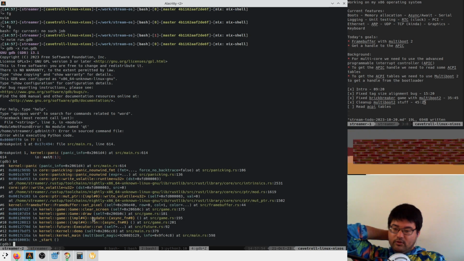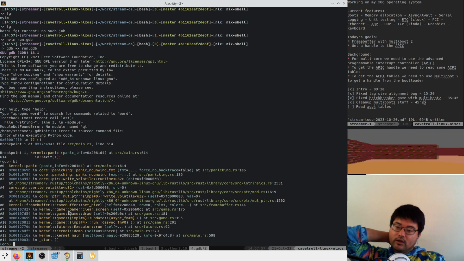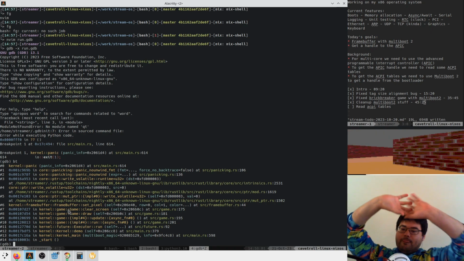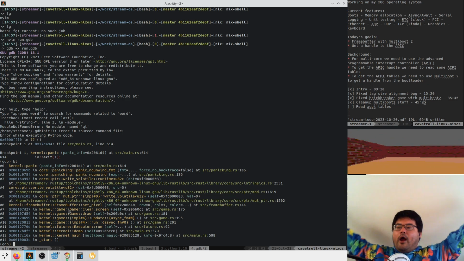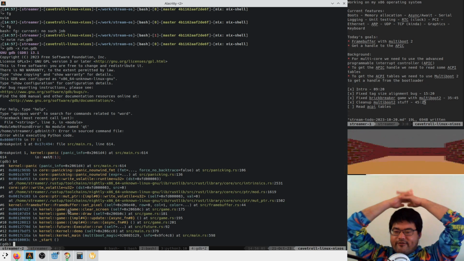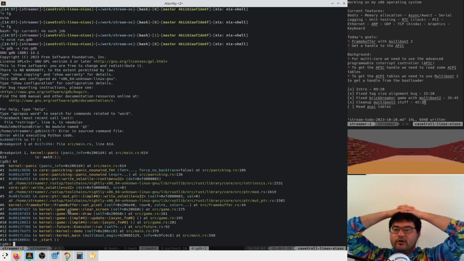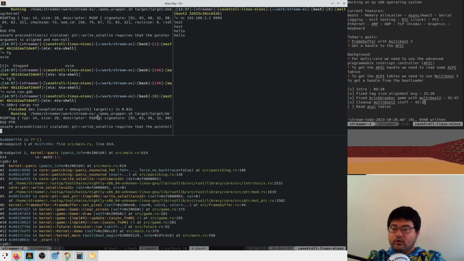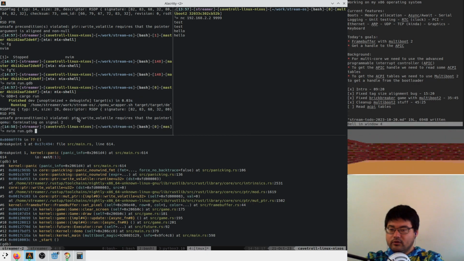This is coming from game clear screen set pixel. Oh, that's interesting. Why all of a sudden is our frame buffer not aligned? It was a second ago. There's probably a mistake in our packing somewhere. I bet you if I run release, this works.